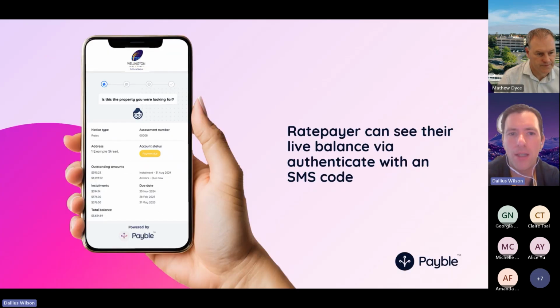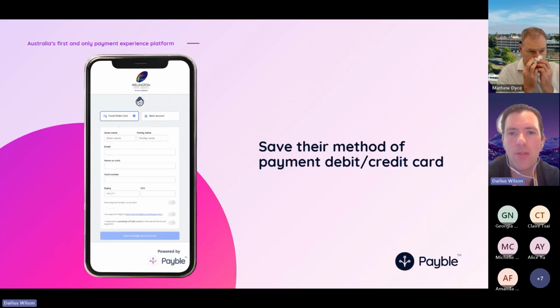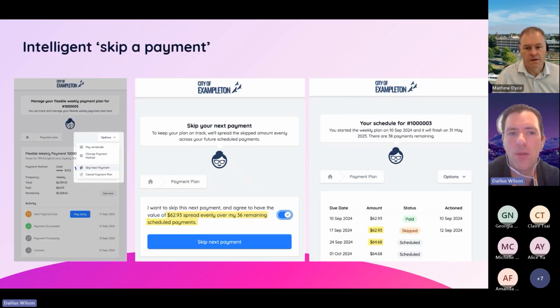bit faster. Basically, from any rates notice, you scan it and you can see the live balance. Then customers can pay any amount. So it could be your default payment system going forward. You could pay flexibly, or you could pay in auto pay, so scheduling it for your future installments. And then we save those details and make it easy so that next time you don't need to enter it all over again,